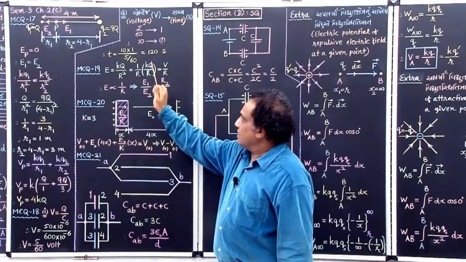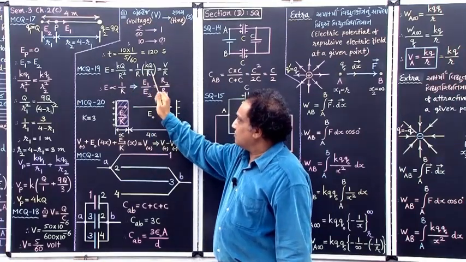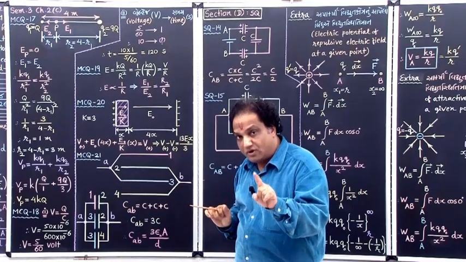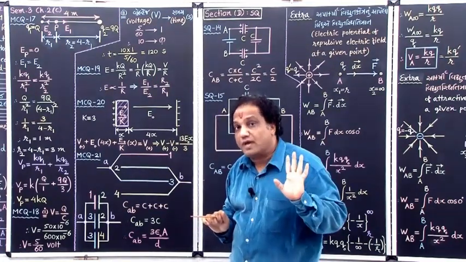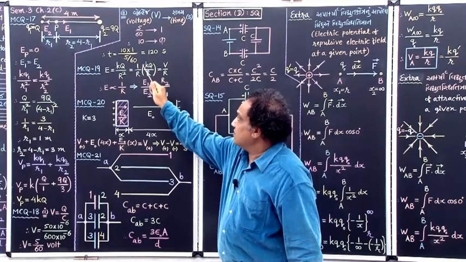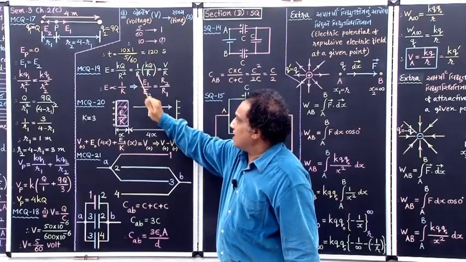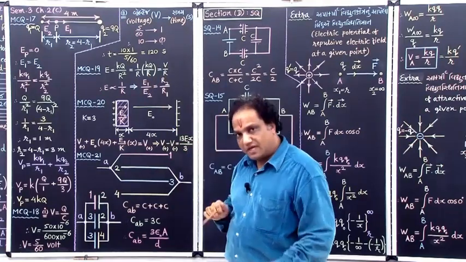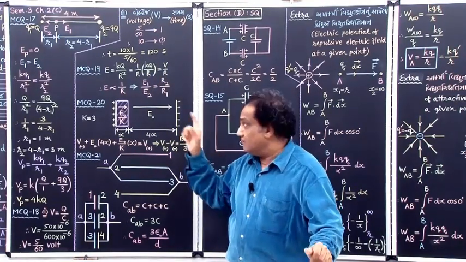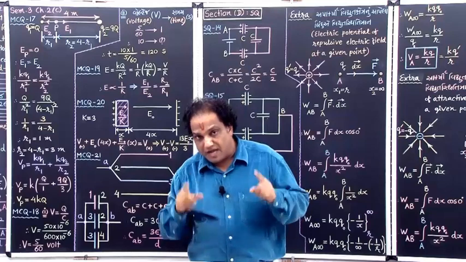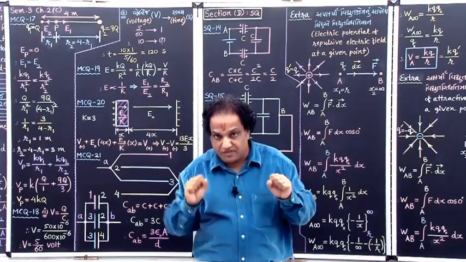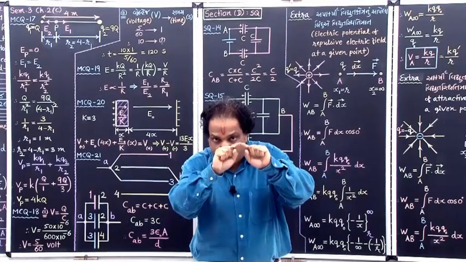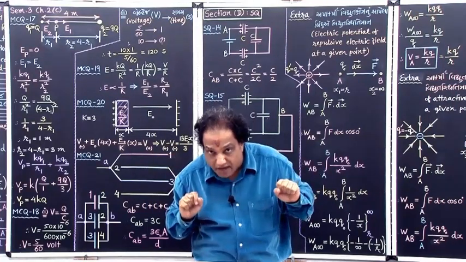Now what is KQ upon R? K into charge upon radius will give you, come on, electric potential on the surface of a charged sphere, shown by symbol capital V. So this can be replaced by capital V upon R. Correct? Now earlier in one such similar question I had explained to you, if you have two charged spheres with different radii and if you connect them by some metallic wire, what will